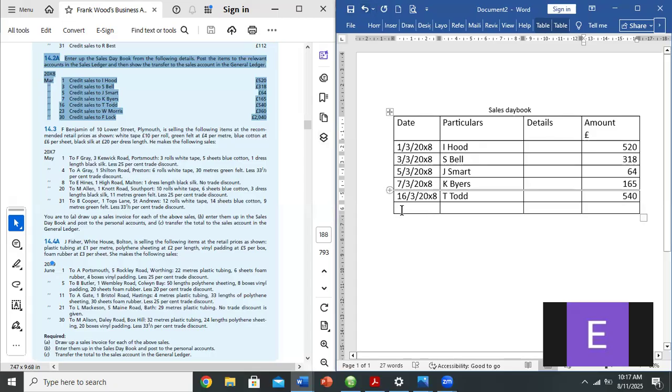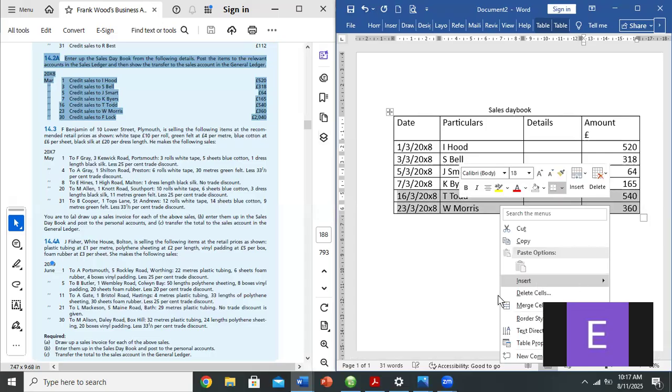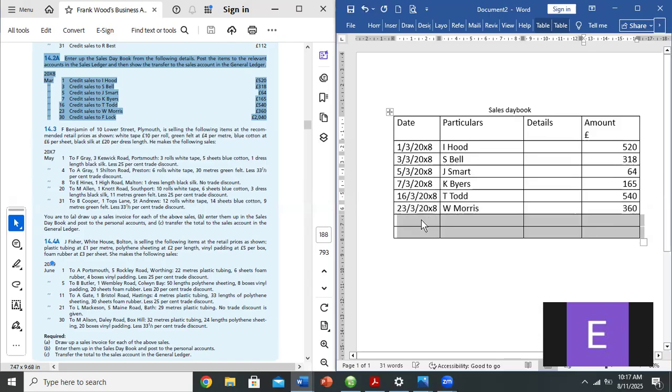Then the next person was on the 23rd March 20x8. 360. Then we have the last one to go. Thirtieth March 20x8. F lock